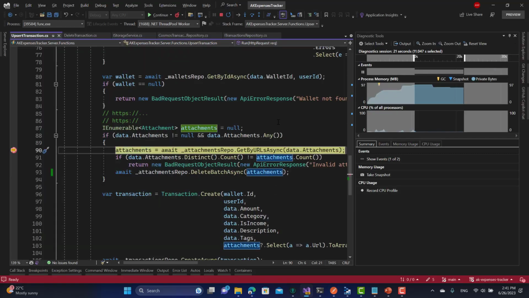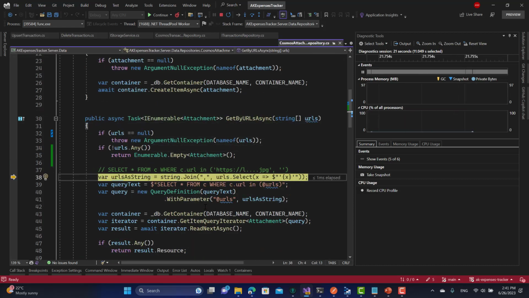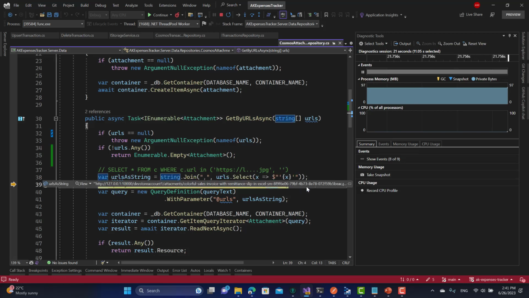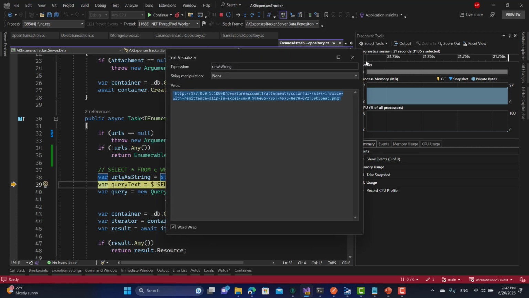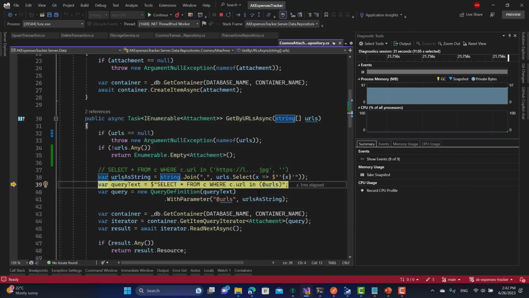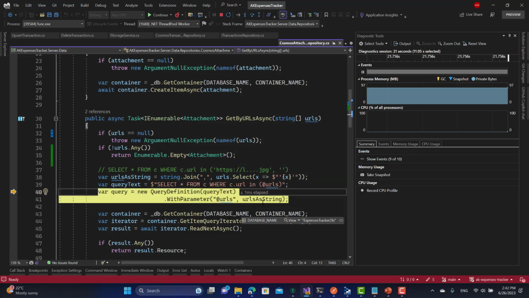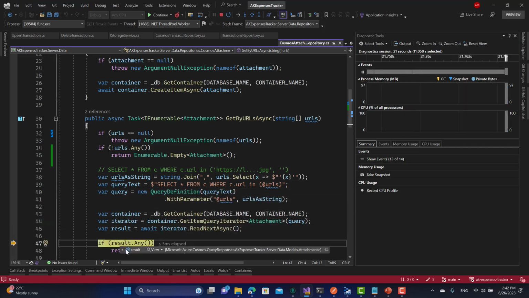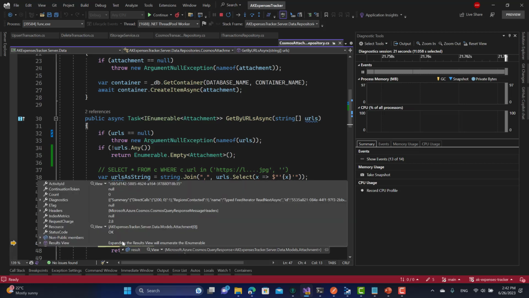So let's send. So here we have data.attachments. Okay, this is the one that we have. Let's see what this one is returning. Okay, URL as string. We have it like that. Okay, that looks right. That looks right. Then a query string. Okay. So it didn't retrieve any